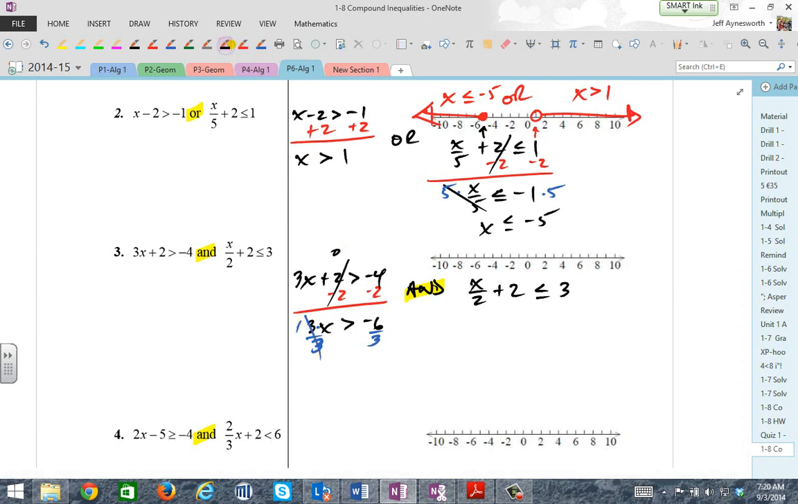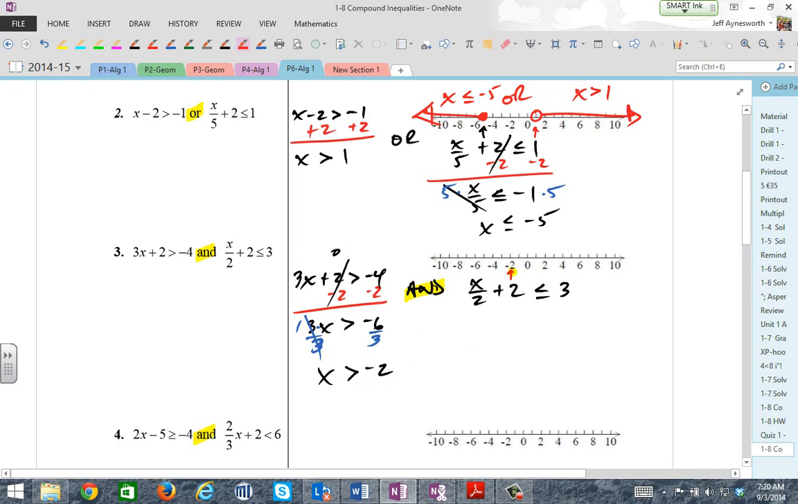You get x greater than -2. All right, when you graph this right here, open at -2, which is the reference point, to the right. On the next inequality, I want to subtract 2. And what do we get? Well, we get x divided by 2, cancel out the opposites, less than or equal to